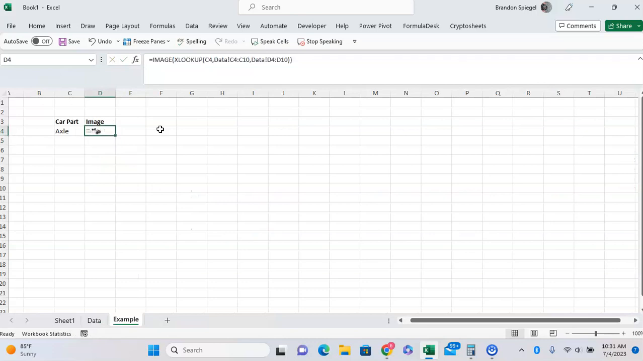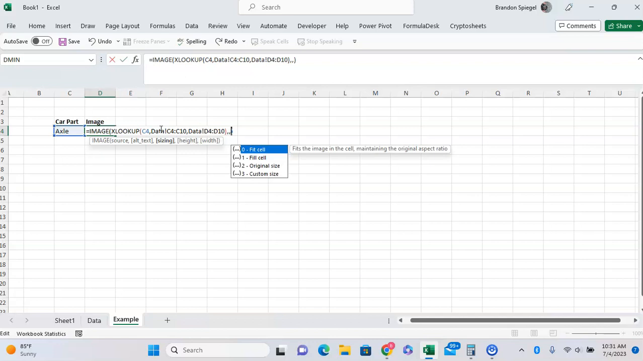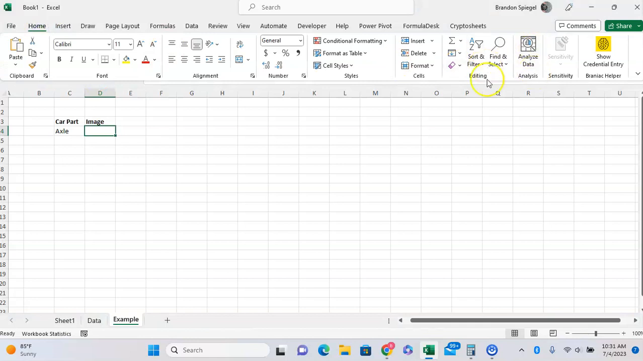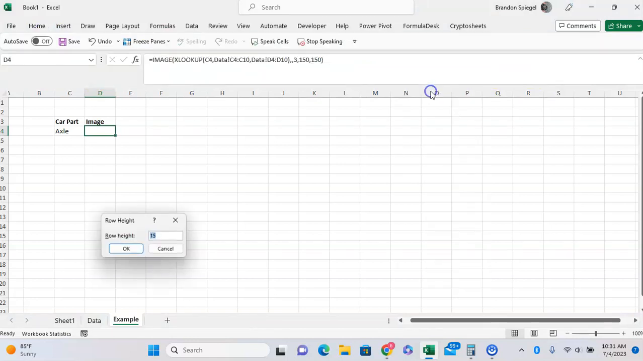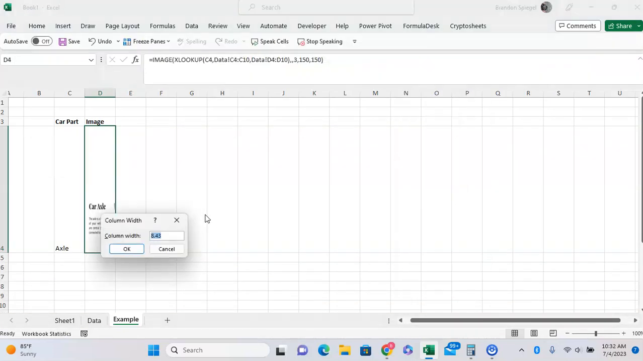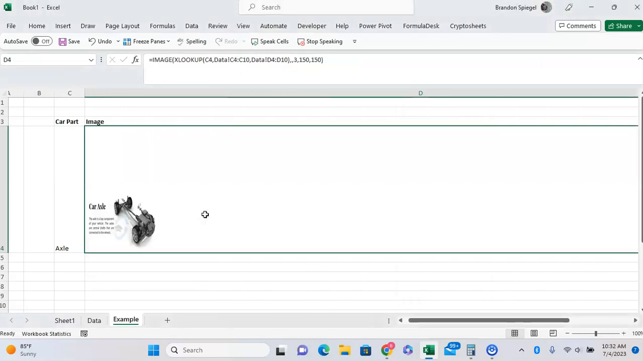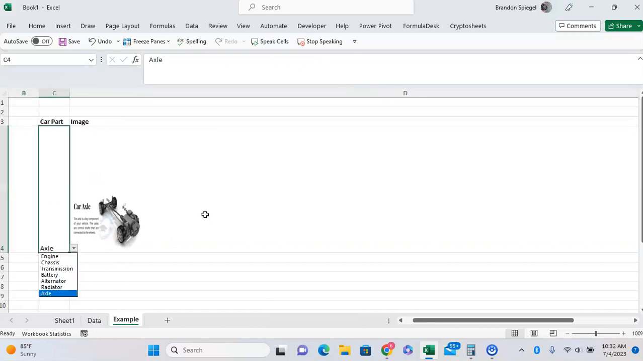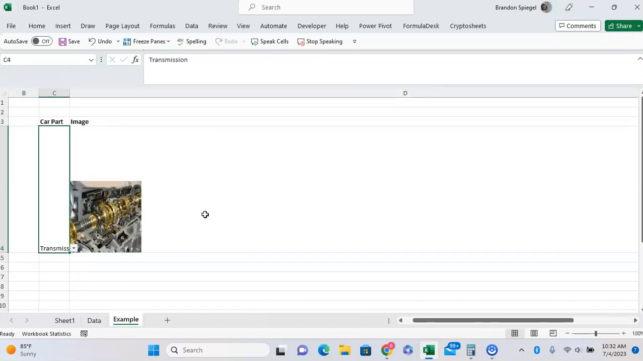And as you can see, now we have a super tiny image. Now, as noted, we might need to use other arguments to format it the way we want it to be. So nothing for alternate text. Custom size, let's just say 150 pixels by 150 pixels. And we also need to adjust the height and the width of this as well. So row height maybe 200. And then Alt H O W, another 200. And as you can see, we have an image of the axle right here, and you might want to have a transmission, for example,